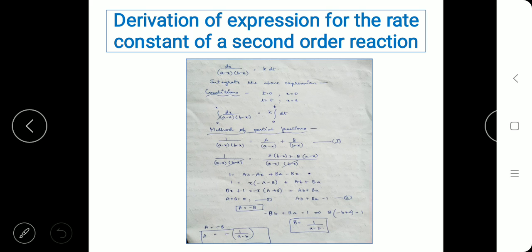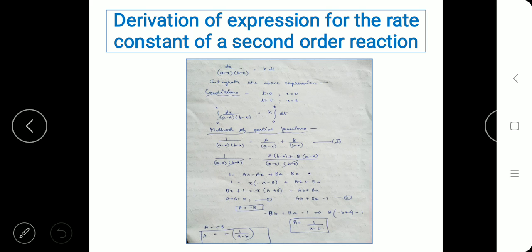Now if we write 0x on the left side, it wouldn't make any change to the equation, as 1 plus 0 is always equal to 1, or 2 plus 0 is equal to 2. So similarly, we write it as 0 into x plus 1 is equal to minus x into (A plus B) plus AB plus BA. We write this expression because we have an x term on our right hand side, and if we bring out an x term on our left hand side, then we can easily equate the two sides and derive the value of A. Hence we write 0 into x on our left hand side.